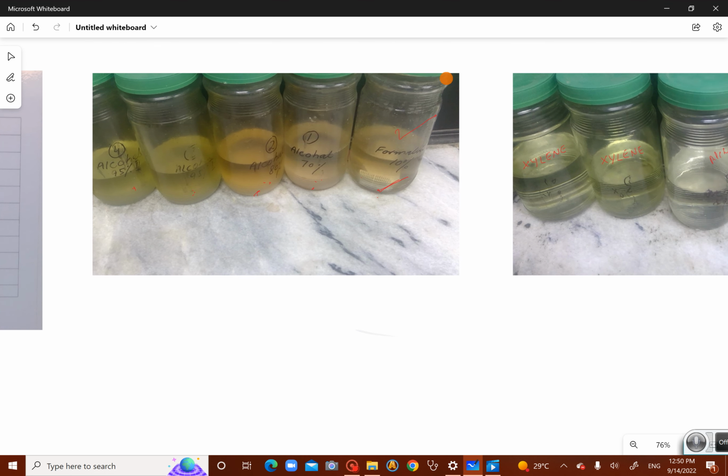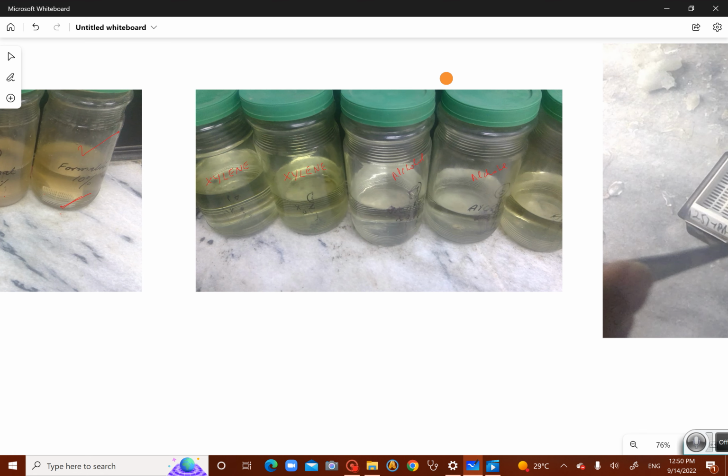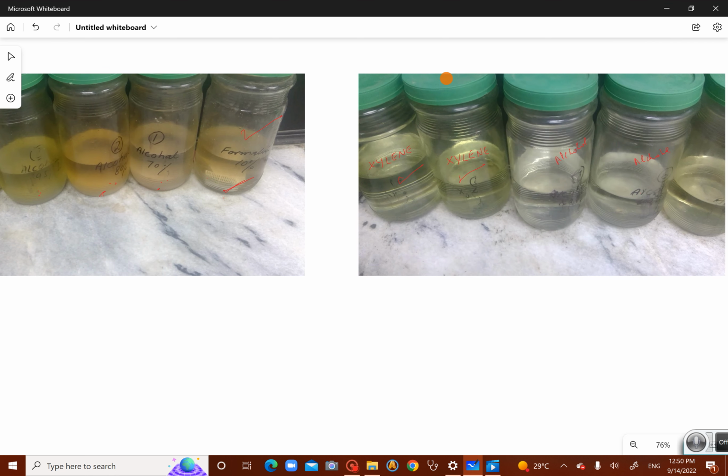Now this is also done manually. That's 100% alcohol, and these are the 2 jars of xylene. So the cases are kept here for 1 hour. This is also done manually. Now once you have completed the clearing,